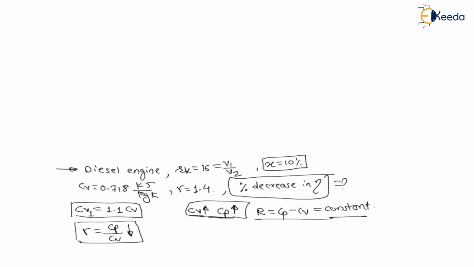Let us say here diesel cycle. Let us draw the diesel cycle on pressure versus volume diagram, PV diagram for the diesel cycle. The diesel cycle is: process 1 to 2 is reversible adiabatic compression. 2 to 3 is constant pressure heat supply. At constant pressure heat is supplied. 3 to 4 is reversible adiabatic expansion. And 4 to 1 is constant volume heat rejection.